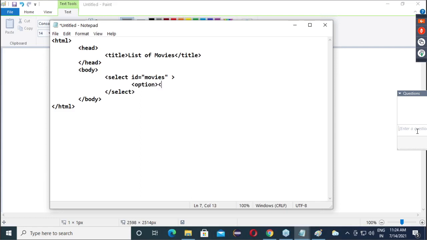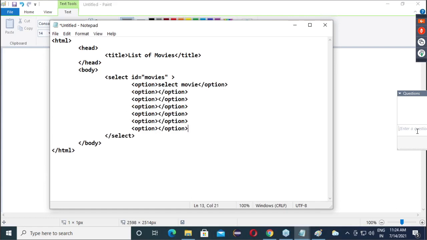So option open, option close. Is everyone clear? Finally, the first option is, let's say, select movie.